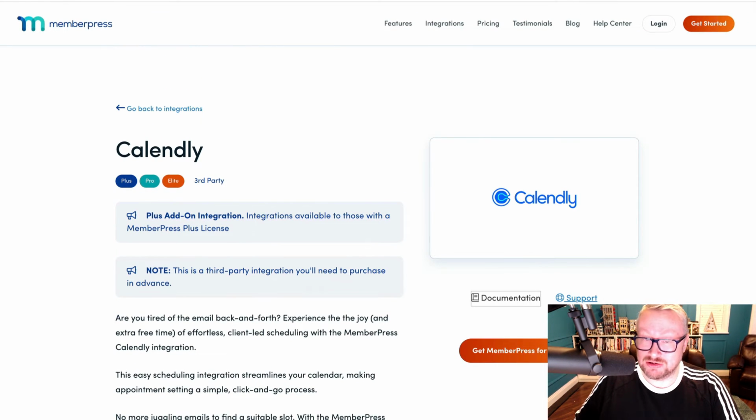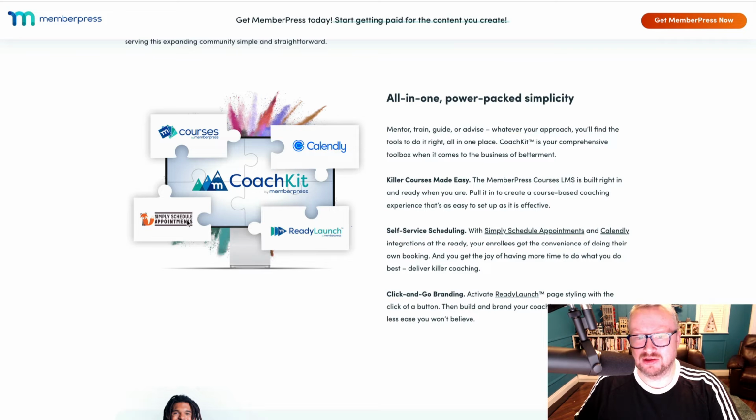So from what I can tell, the official integration for Calendly and Simply Schedule Appointments is basically you taking the embed code that those services give you and just pasting it into your website, which isn't a feature of CoachKit. You can do that already with MemberPress. You can do that already with just WordPress. It's not something that is actually a feature or is improved by or enhanced by CoachKit at all, unless I'm